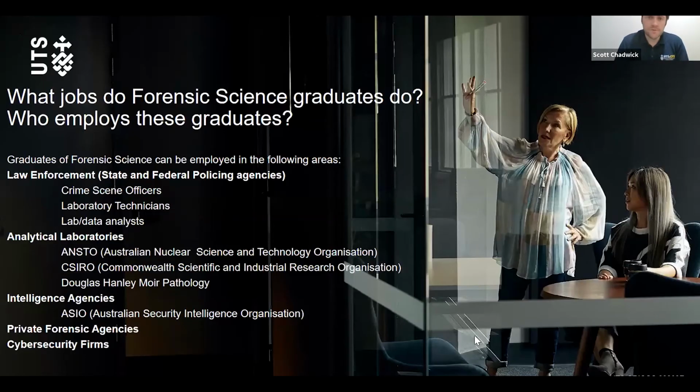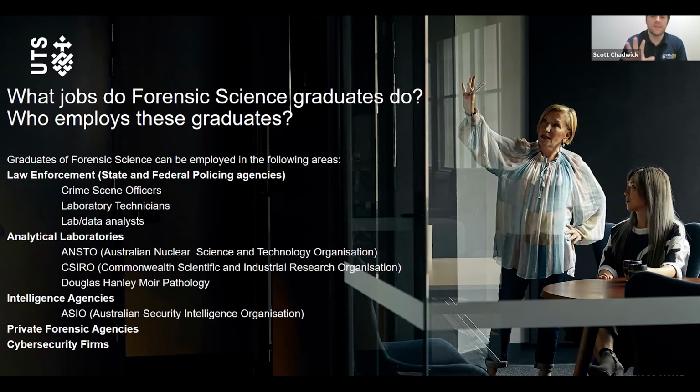So what jobs do forensic science graduates do and who employs them? Well, the main area is law enforcement. So a lot of state and federal policing agencies will hire a lot of our graduates, either in the areas of crime scene investigation, but also in the area of their laboratory work, or even their lab and data analysis. So in particular, the more defense